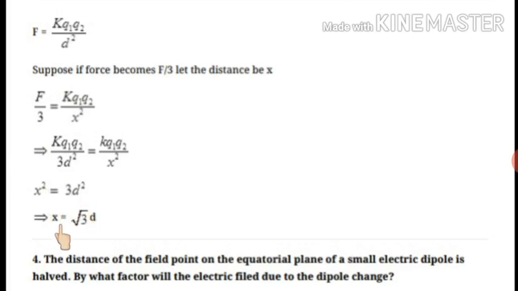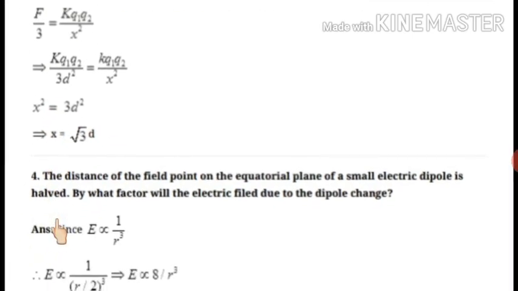X will be equal to under root 3d. So that was an easy question. I hope this is clear. Now the next question is,